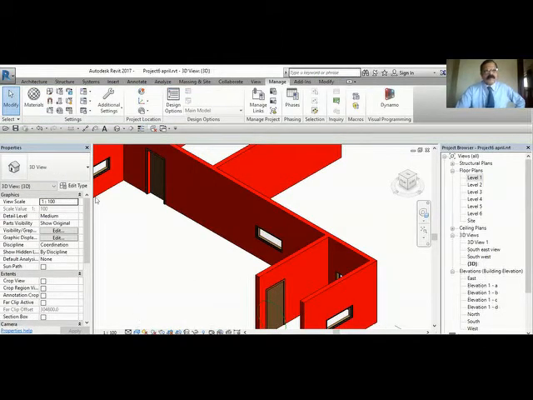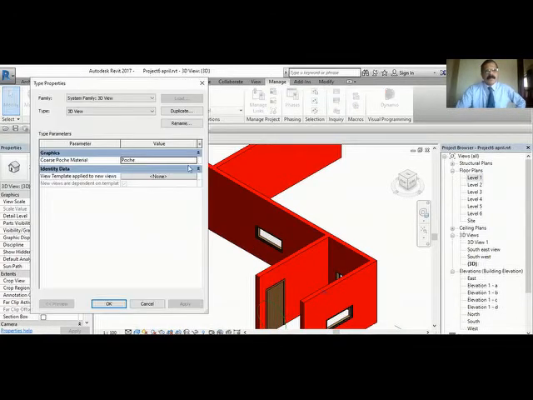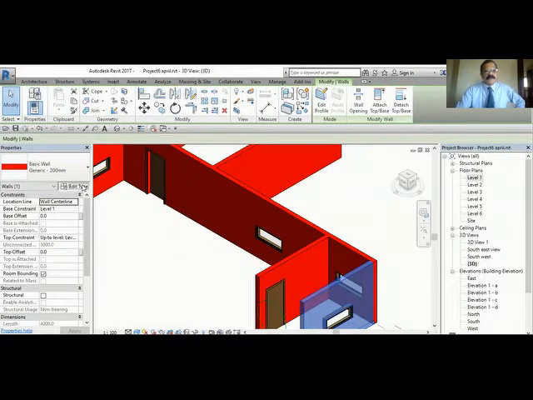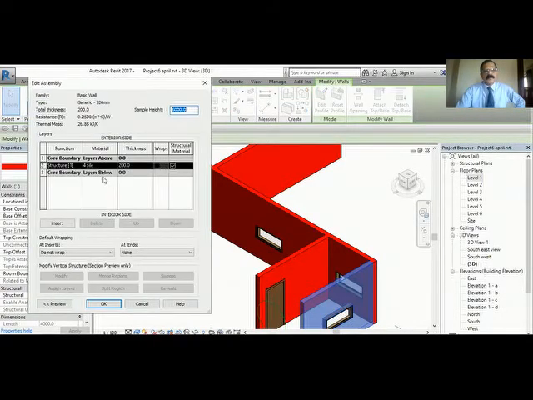Okay. Now let us select one of the walls. And you see this one disadvantage of applying the material like this is you can see both the sides and the top also in the same color. Sometimes you may want an inner color, another one for the outside color, another one, a separate room color. All these things we can do. Okay, let us finish this and come back. So I will select again here, edit type here, edit.